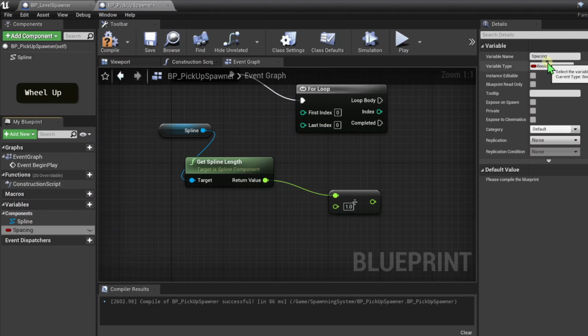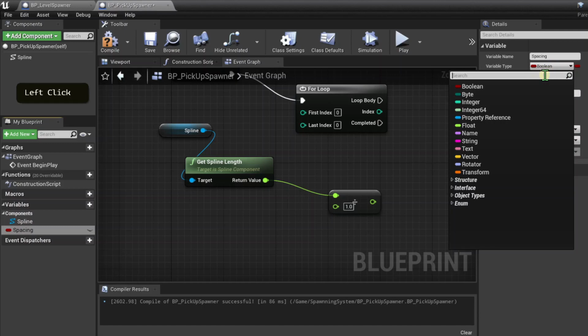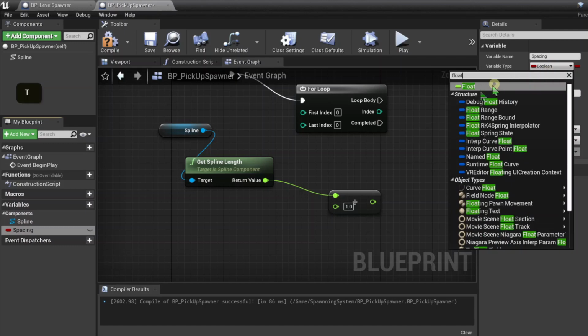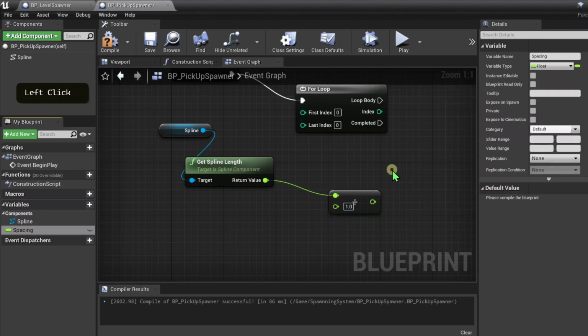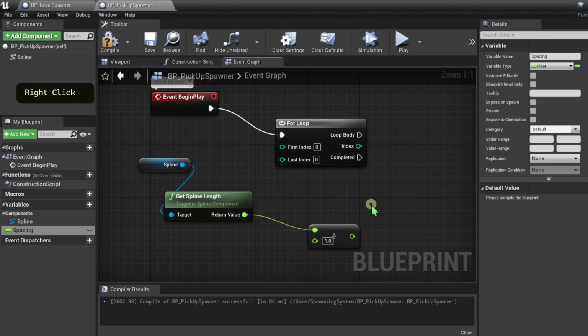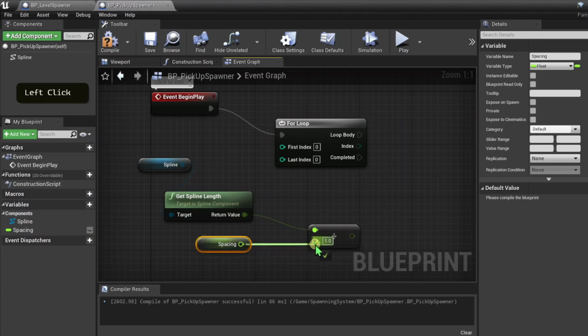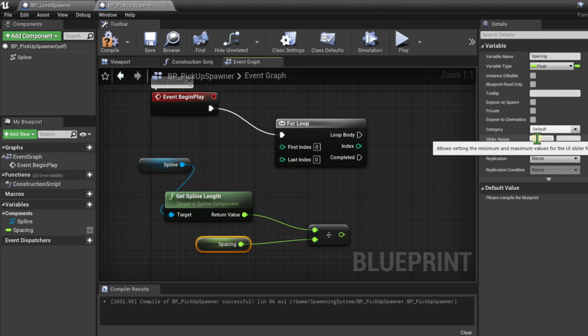This spacing will determine how many iterations we want to go through. So we're not really morphing the shape of our coin. We just want to know how many coins we should spawn. And we can do so by just defining how much space should be between each coin. So the higher the number of spaces, the fewer coins will exist